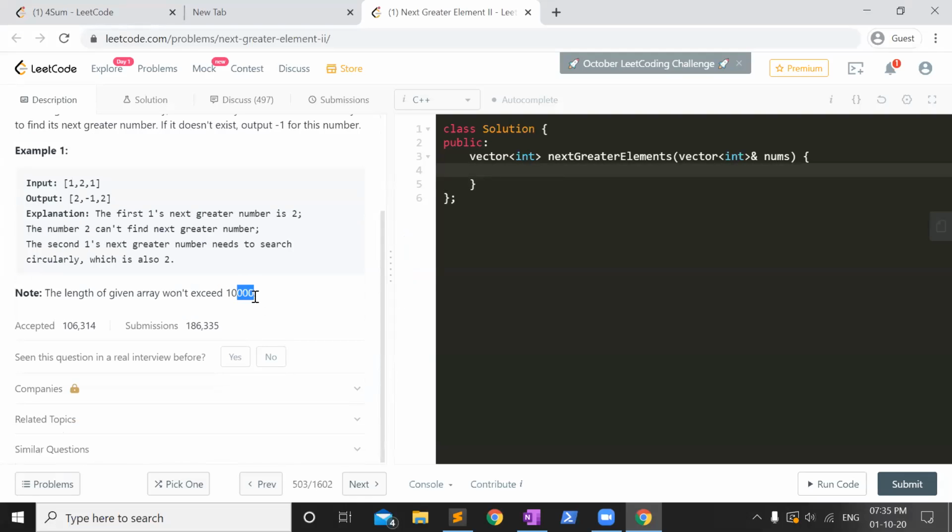Length won't increase 10,000. So that means you have to use a linear solution. You can't use a quadratic. For this, the quadratic was to take each element and then go through the array and find its next greater. The basic brute force approach. So